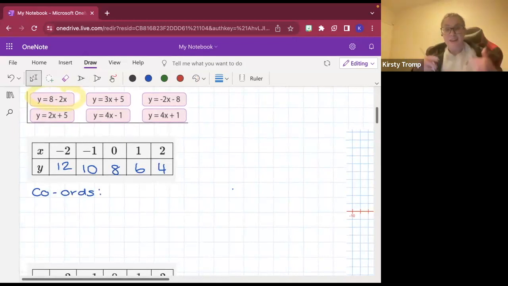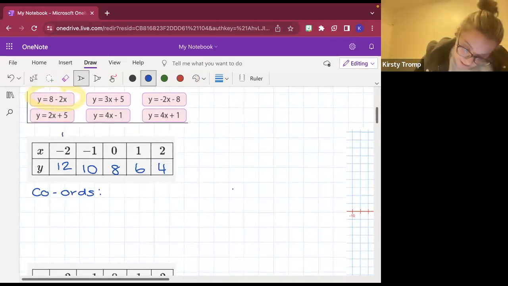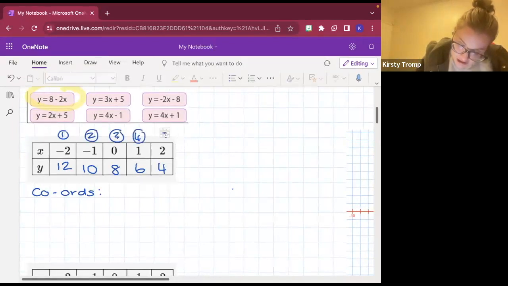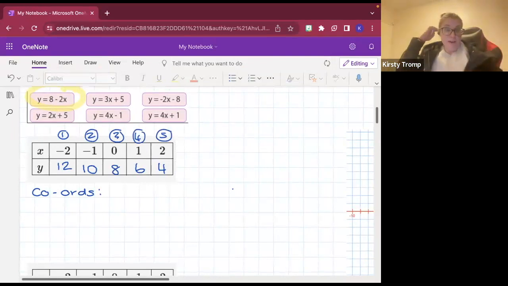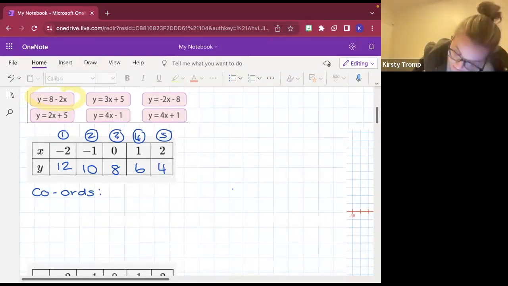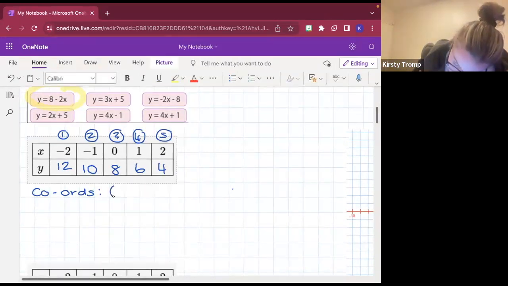Okay, so I've got x and y values, all right? And how many x and y values did I have here, or coordinates did I have here? We saw earlier that we actually have 5. We had 5 coordinates, 5 ordered pairs, so we can write down 5 coordinates. So my first coordinates, okay,